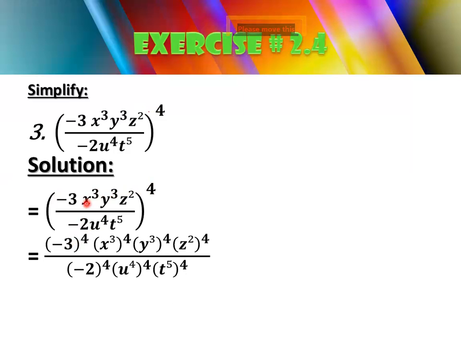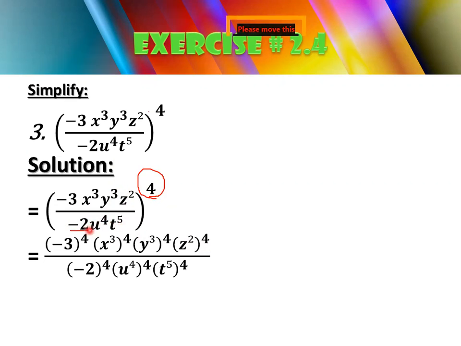exponent 4, then x cube, then you will write your next one, that is x cube, and then you will give the exponent 4 to it. Inside the bracket you will write your given base, then your next base, y cube, whole power 4, then z square whole power 4. Where did this 4 come from? From this one. This whole question has the whole exponent, that is 4.